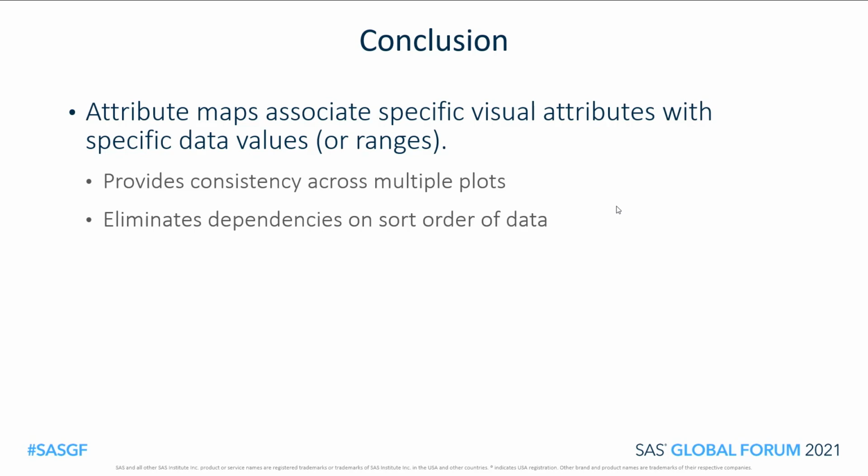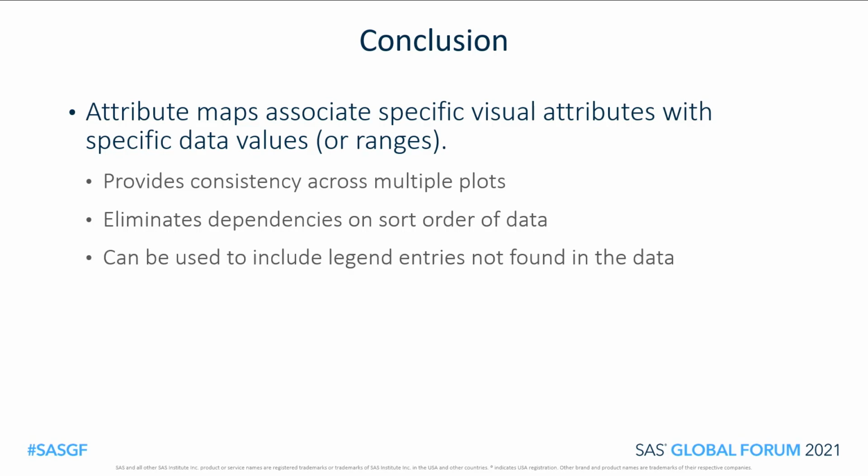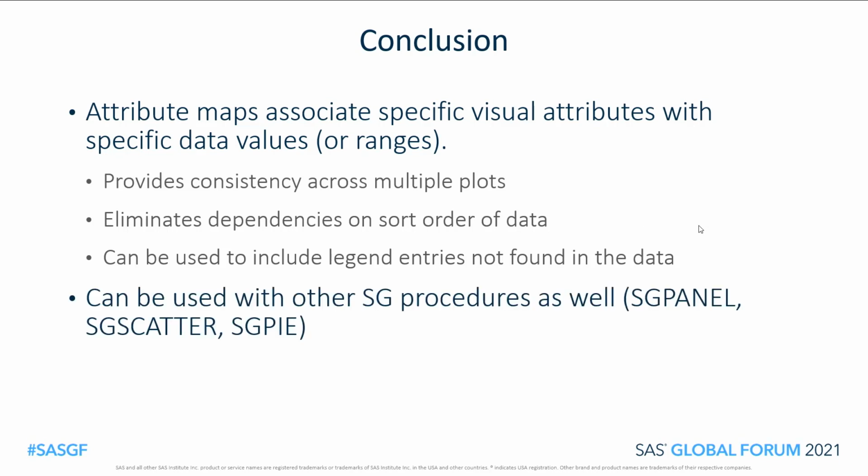Normally, attributes are assigned based on the order that values appear in the data set. If we don't want it to be dependent on that, we don't want to have to worry about what order our data is sorted in, we can use an attribute map. And as we saw, we can even use it to include legend entries that are not found in the data set. I should mention you can also use this with other SG procedures, not just SGPLOT, but also SGPANEL, SGSCATTER,